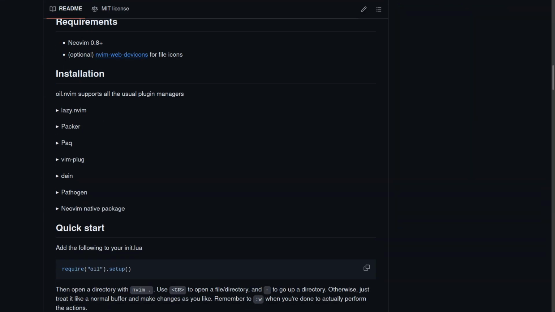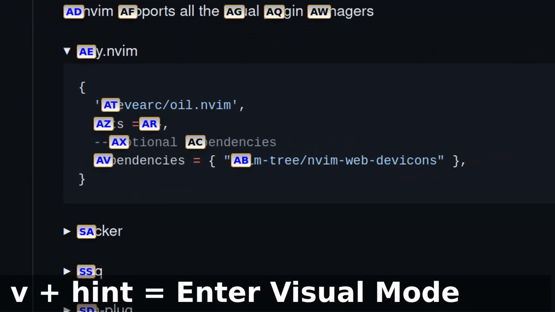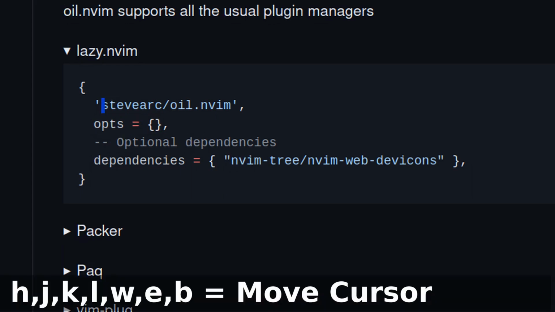To select text, you enter visual mode with V, just like in Vim. This will display visual hints, just like before. Type the letters that are closest to where you want to select. Then use HJKL, W, E, B, or other common Vim motions to get to the exact position where you want